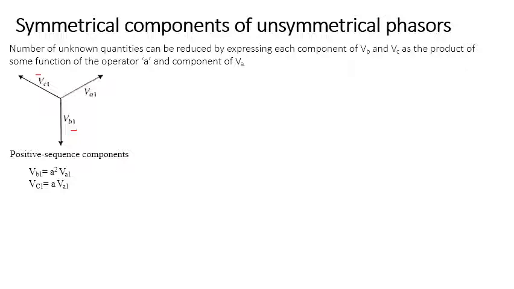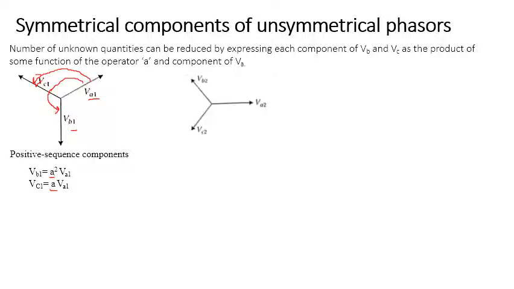If we are considering the anti-clockwise direction, the relation between VA1 and VB1 is 120 degrees, again 120 degrees. We already understood that this is A and A, so this becomes A square. So what is the relation between VB1 and VA1? It is A square of VA1. But here this is in the anti-clockwise direction, which we need to remember. Then the angle between VA1 and VC1 is just A, because it is 120 degrees. So VC1 can be written as A into VA1.